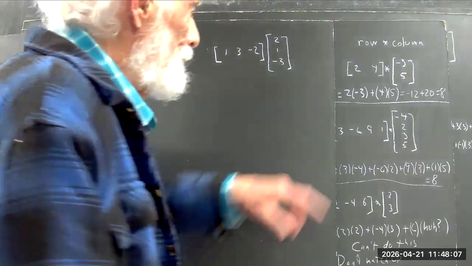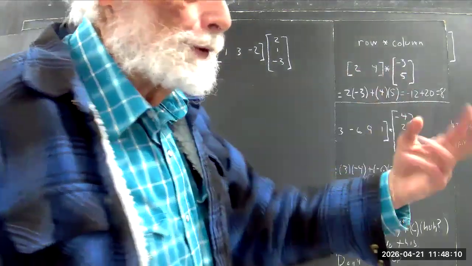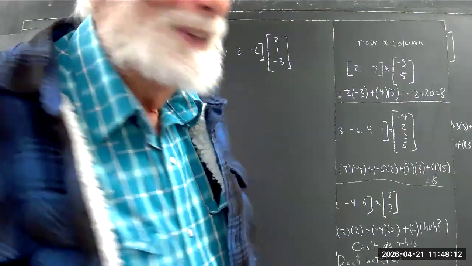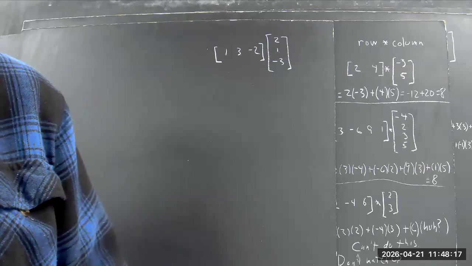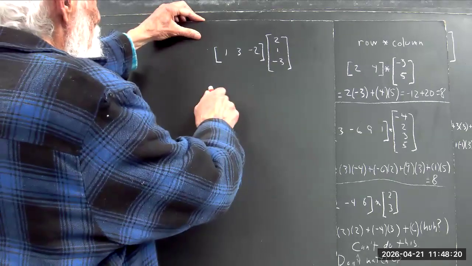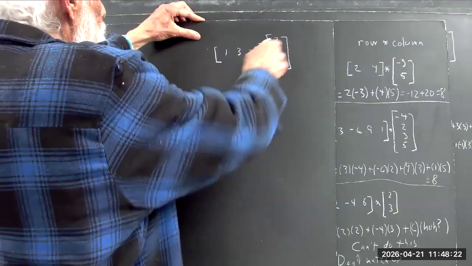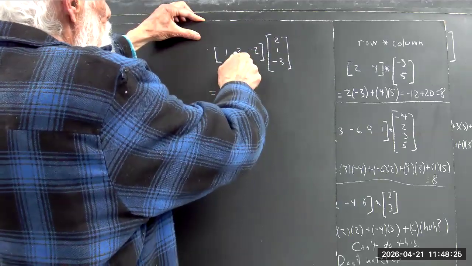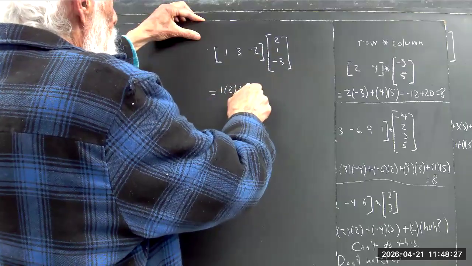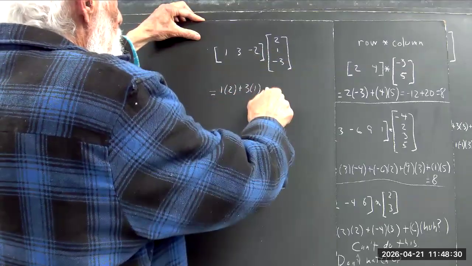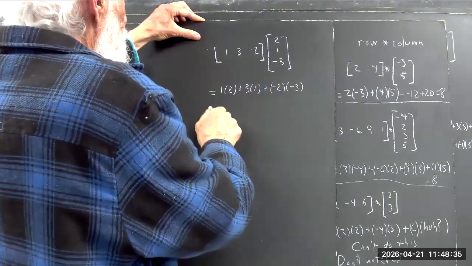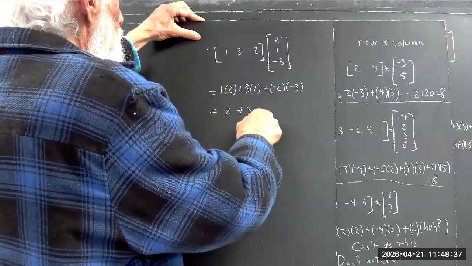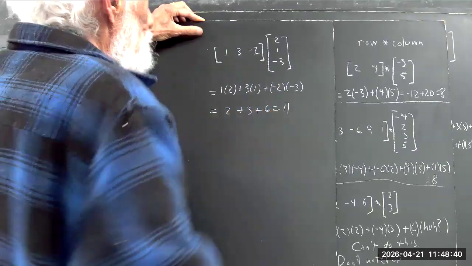Okay, now everybody made a jump because these rows and columns only had two numbers in them. And I gave you a row and a column with three numbers in them. Well, I figured you'd know what to do. Okay, but let's be sure. And everybody did. First number times first number, one times two. Second number times second number, three times one. Third number times third number, negative two times negative three. That equals two plus three plus six, which is 11. Okay,